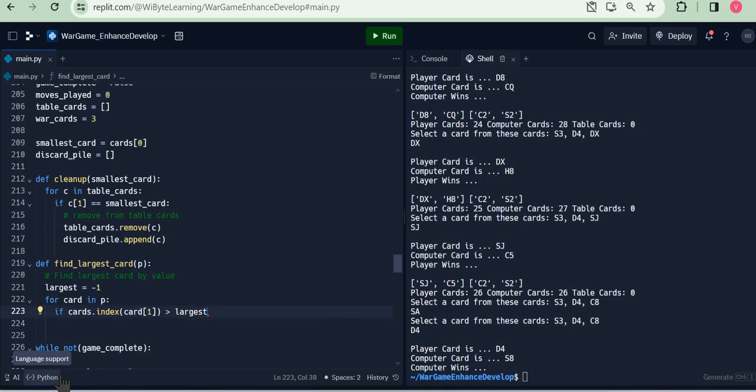So here, if this is more than the largest, I just update the largest. That way I'll ensure that the value keeps getting updated. I always pick the largest one. So I just update this to, let's say,